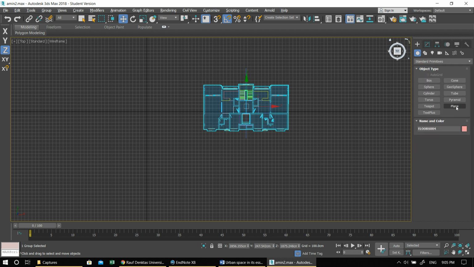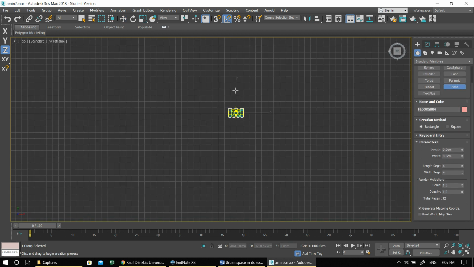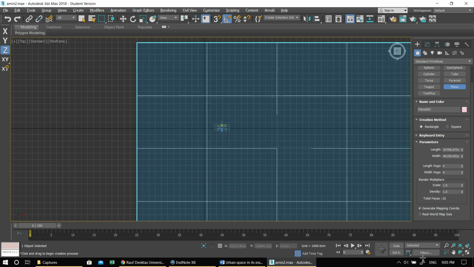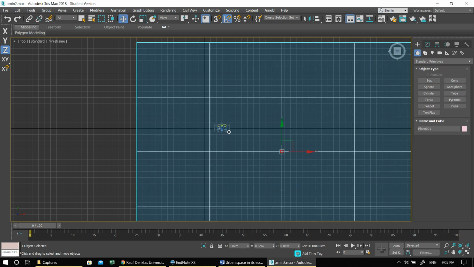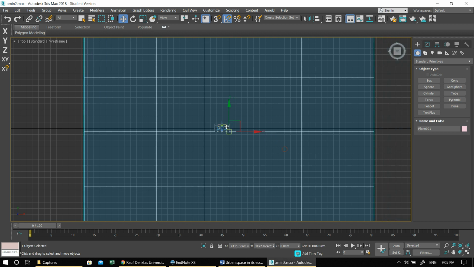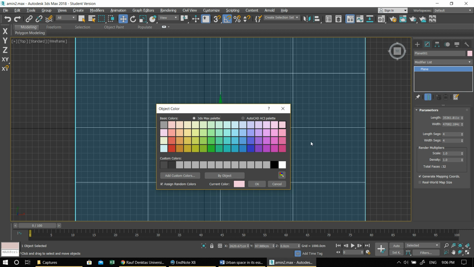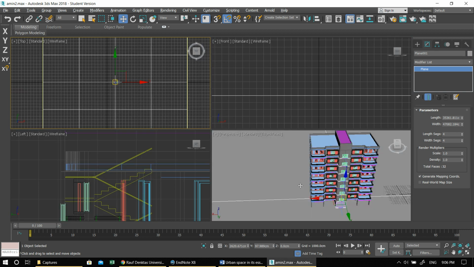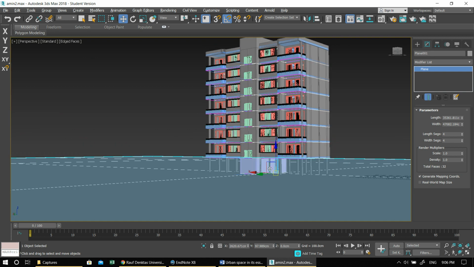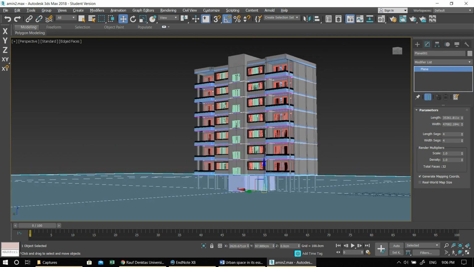So standard primitive again, plane. Let me create a plane, because I want from you a human eye perspective. That's what I want now. Here, let's go. I like to make the ground. Again, let's go for this one, a little bit grayish. If you want to see what you will see in the render scene,